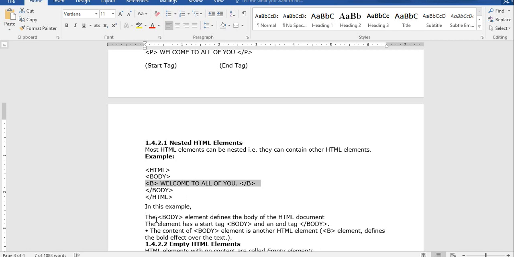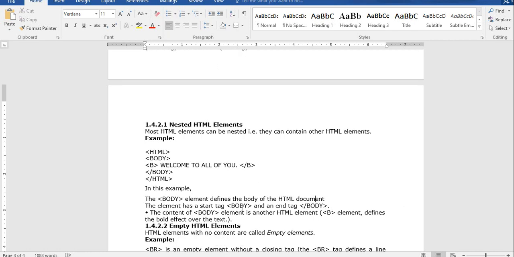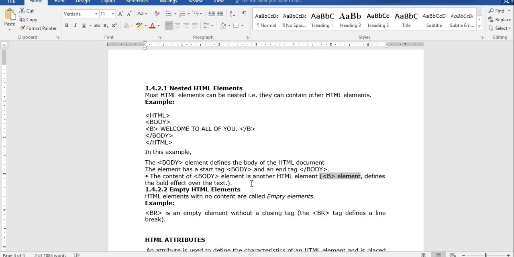In this example, the body element defines the body of the HTML document. The element has a starting tag body and an end tag body. The content of the body element is another HTML element, that is the bold tag. B defines the bold effect for the text. So an element which is inside another element is called a nested element. Clear?